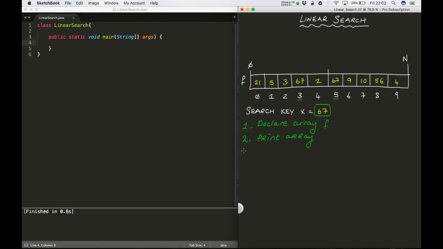Then the next thing we want to do is search the array, and of course we're going to use a linear search to do that. So, search the array for the key, in other words the value we're searching for, which is stored in x. Because this array is small, it wouldn't be too infeasible to just check every single value by saying, if